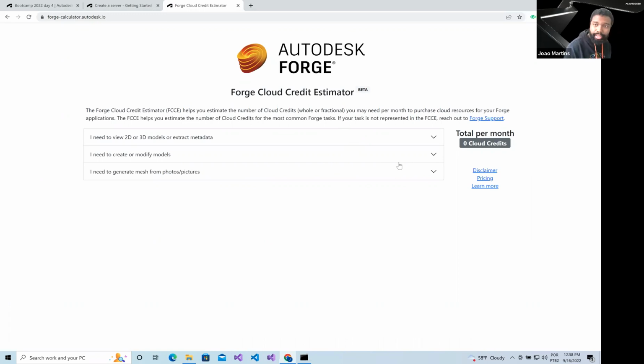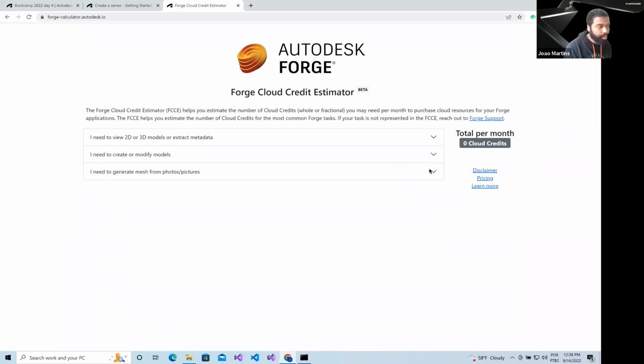This is an estimation. The best way to know for sure how much your process is going to cost is to build your sample and test it against different files, so you have a better benchmark